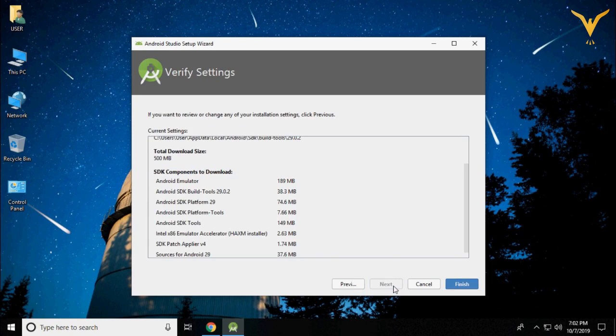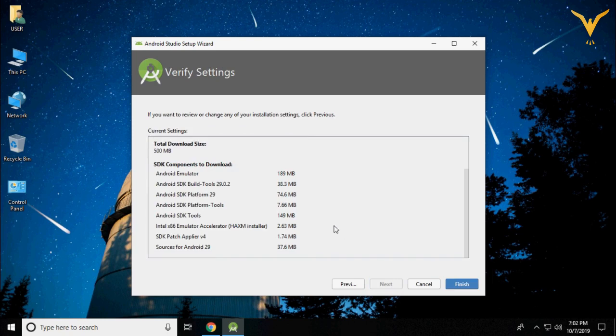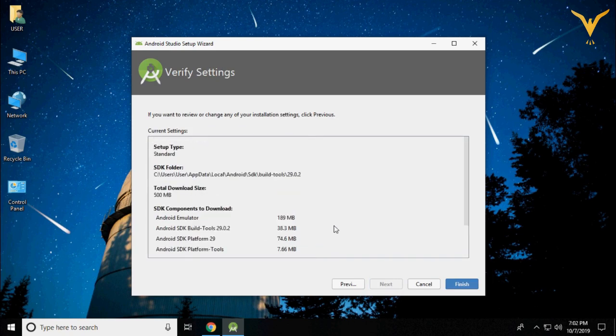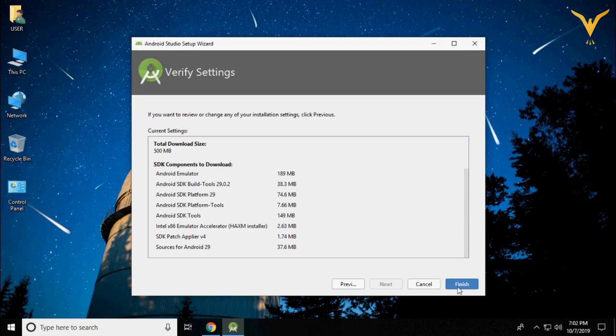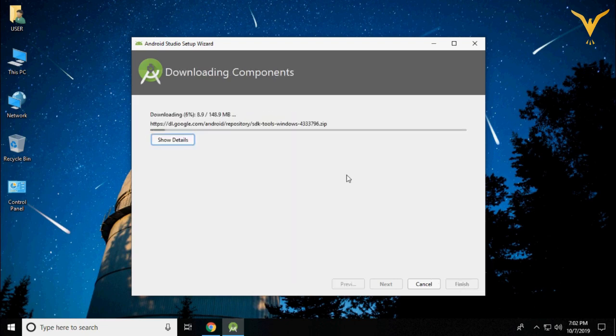Select the standard option. If you want, you can choose any of these themes. Click on next. Here we are having the list of things to be downloaded before we run the application. So it will take some time. It depends on your internet connection.